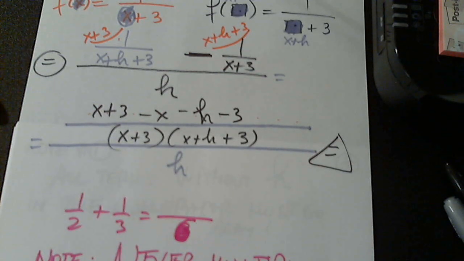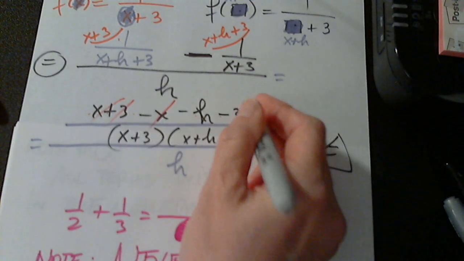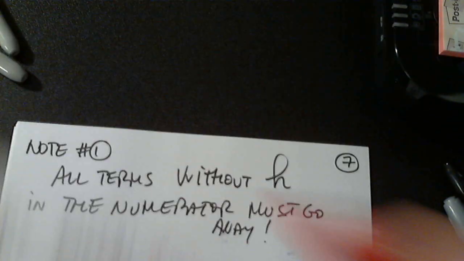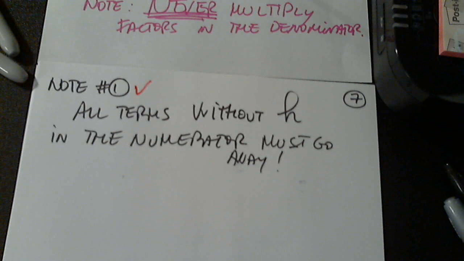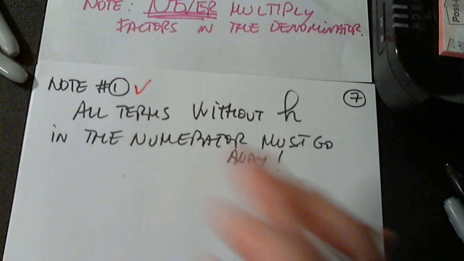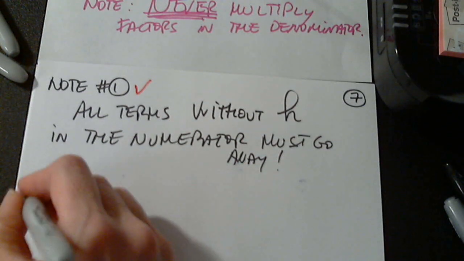Is there anything that I can simplify here? Can't x go away and 3? Good. So note number 1 happened. Now we have note number 2. And the notes are exactly in that order. You cannot reverse the order. Note number 1, all terms without h in the numerator must go away. Note number 2,